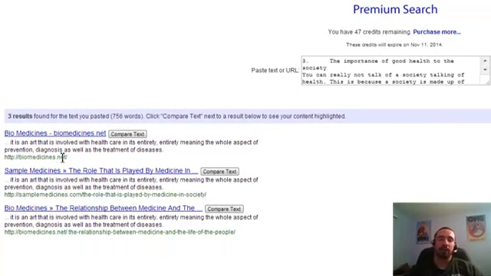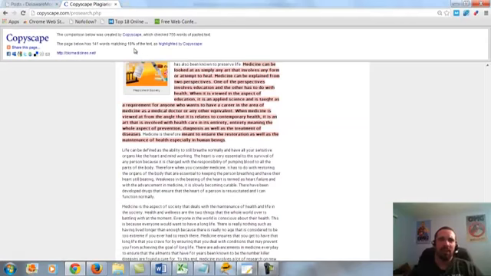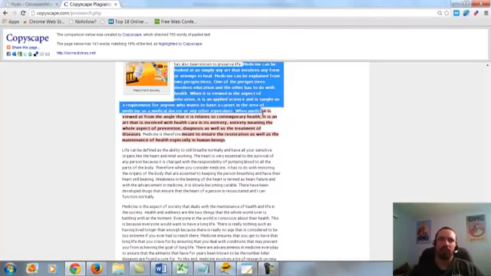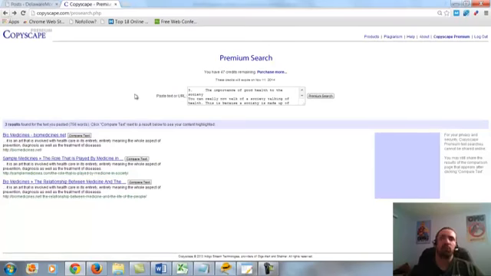We don't want duplicate content, okay? Now, with FAPCent, 99% of the time, my articles are unique. Every once in a while, I'll run into an article like this. In this case, I wanted to use an article that showed up because I want to show you what it looks like, okay? If you go to compare text, it's only matching 19%, but a whole paragraph is matching, so I probably wouldn't use that. I want a totally unique article, so I actually wouldn't use this.